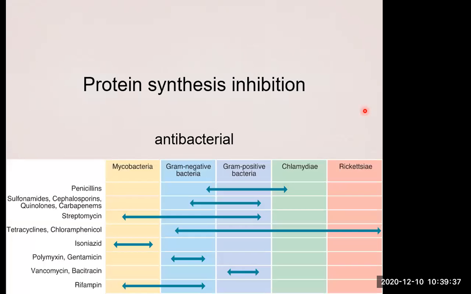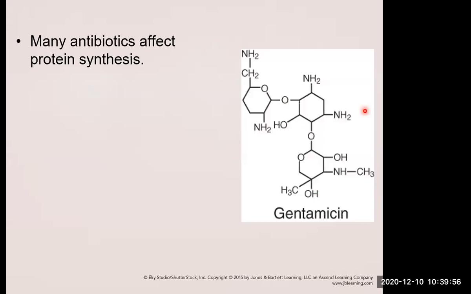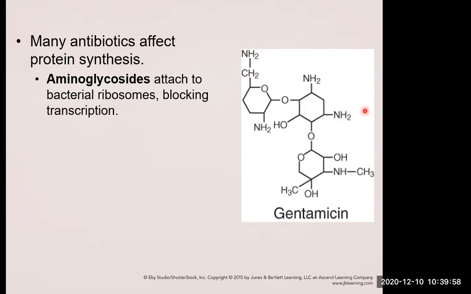All right, let's talk about protein synthesis inhibition. What component of a cell is going to build proteins? What is our factory for protein synthesis? Yeah, the ribosome, right. So some of these drugs that are going to block ribosomes from functioning are going to be the aminoglycosides,